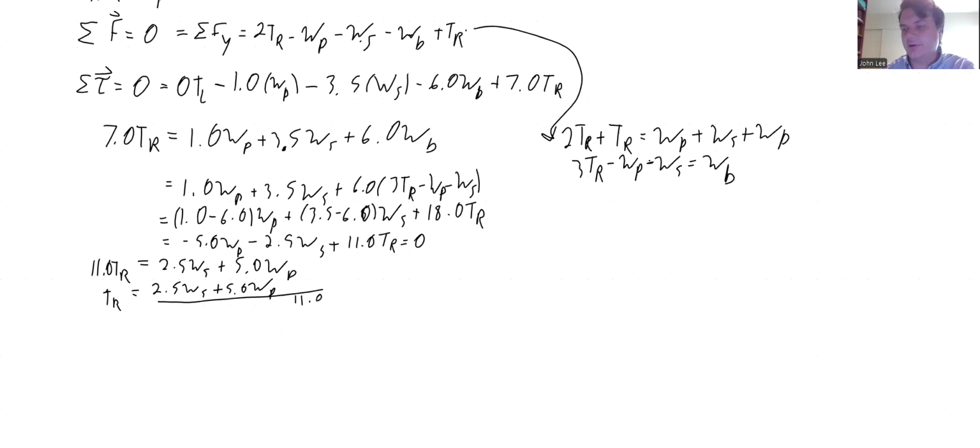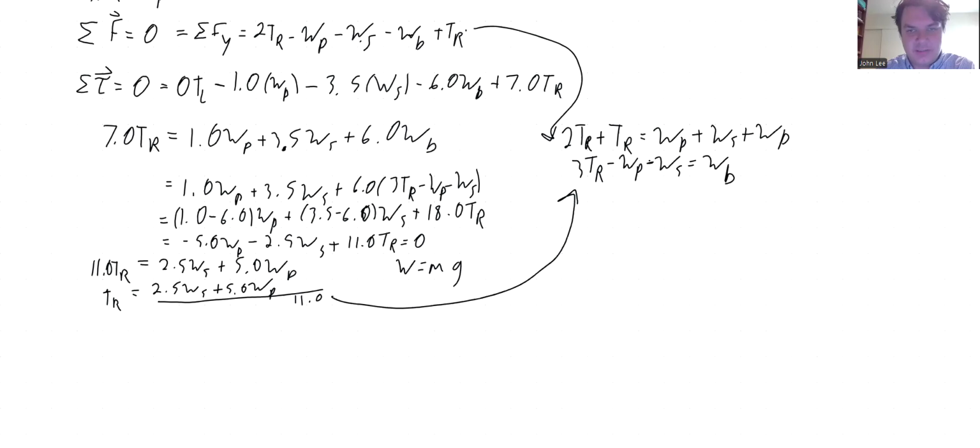So you can just plug in numbers there. I'm not very big on plugging in numbers when you can just leave it as algebraic notation. So I'm just going to leave it as algebraic notation, but we know what the weight of the scaffold is and we know what the weight of the person is because weight is equal to m times g. So the weight of the scaffold is going to be the mass of the scaffold times gravitational acceleration, 9.8 meters per second squared. And the weight of the person is going to be the mass of the person times gravitational acceleration. So we take this, we plug it back in over here,